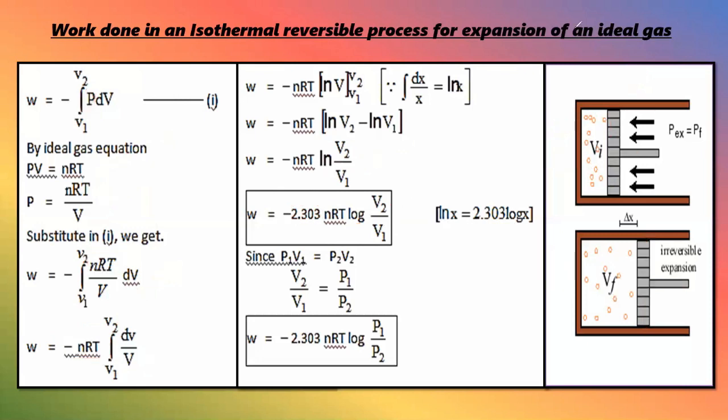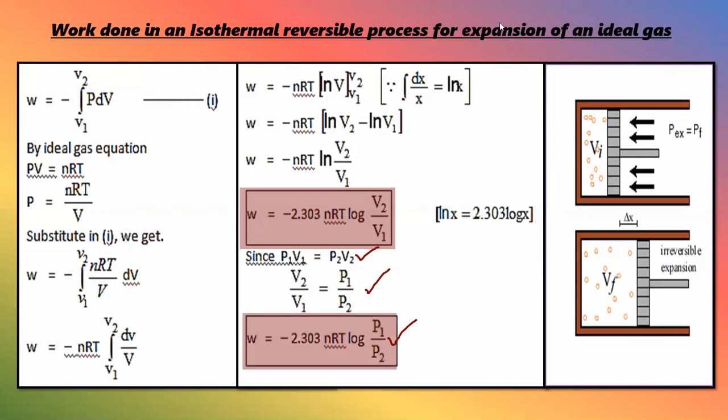Okay, I'm just clearing the drawings. This is the expression that we are going to find out. In terms of pressure, we know from our knowledge of Boyle's law that P1 V1 is equal to P2 V2, therefore V2 by V1 is equal to P1 by P2. In other words, in place of V2 by V1, we can write P1 by P2. So this is another expression that we have in terms of pressure.